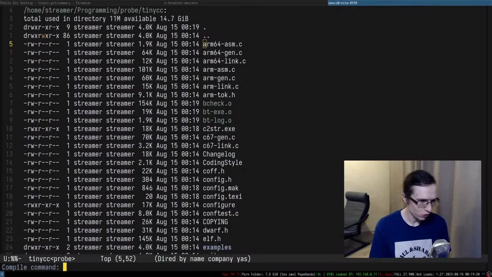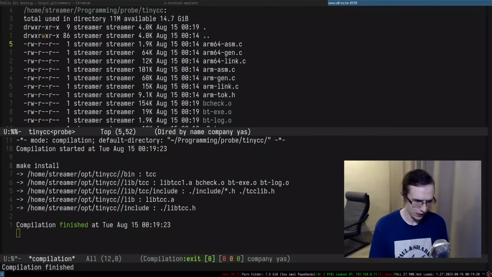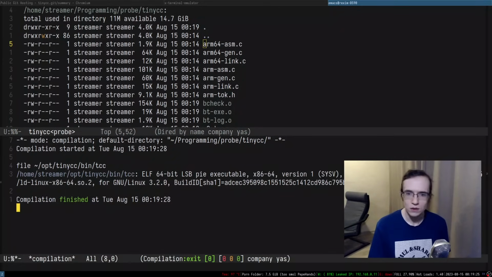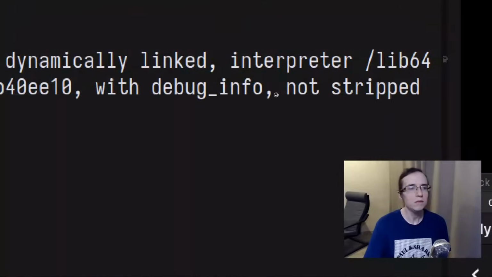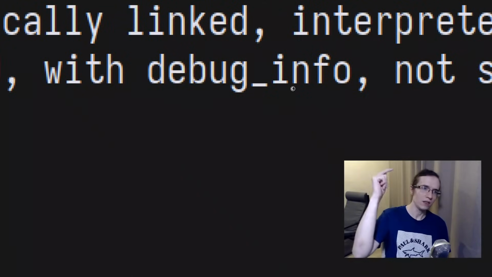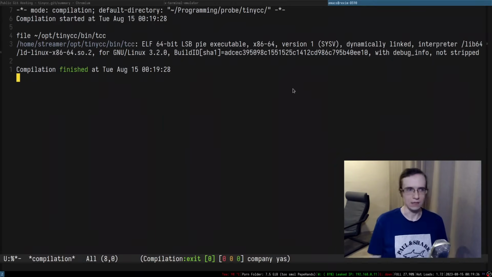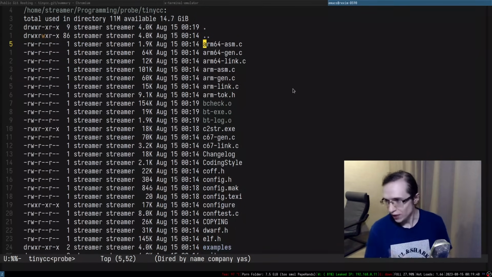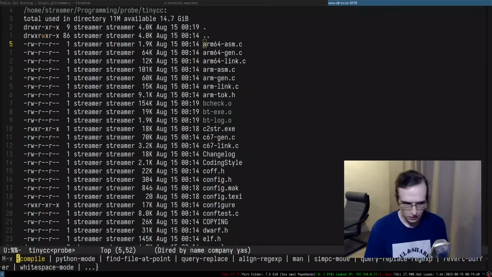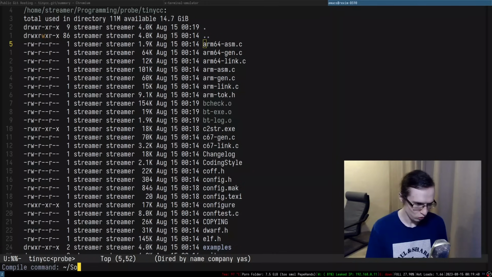All right. So let's install this entire thing real quick. And also let's take a look at some other stuff. All right. With debug info. We just got debug info on our compiler. That easy. Okay, so now we can debug this thing. Let's go to software, gf2, and let's actually go to opt, tiny cc, very tiny cc,